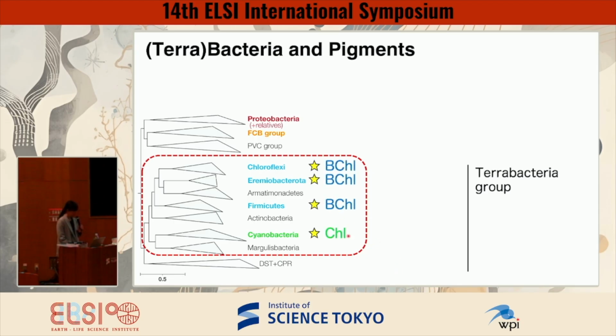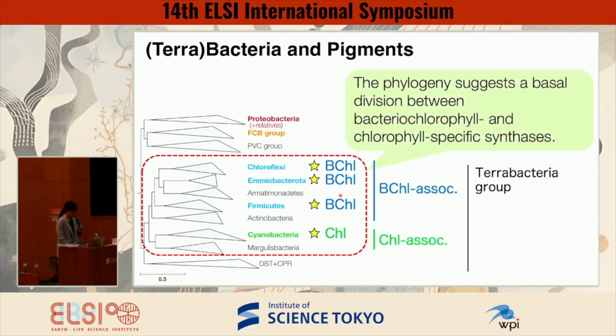Within this group, Chloroflexi, Eremiobacteriota, and Firmicutes have bacterial chlorophyll-based photosynthesis. In contrast, cyanobacteria uniquely use chlorophyll for photosynthesis. So we observe a basal split here between bacterial chlorophyll-associated and chlorophyll-associated lineages. This pattern suggests that the divergence between bacterial chlorophyll and chlorophyll synthesis occurred early in evolution, like here. So to test this hypothesis,